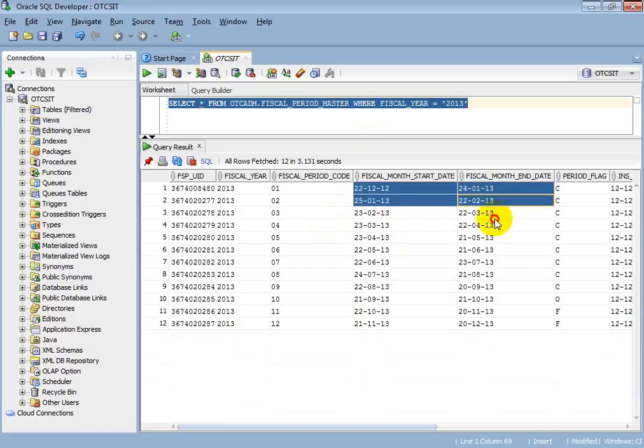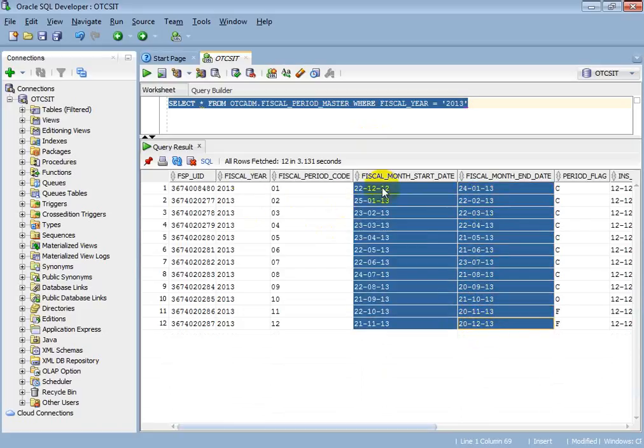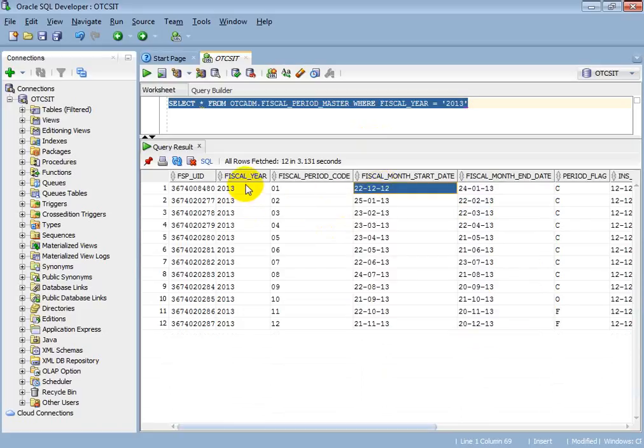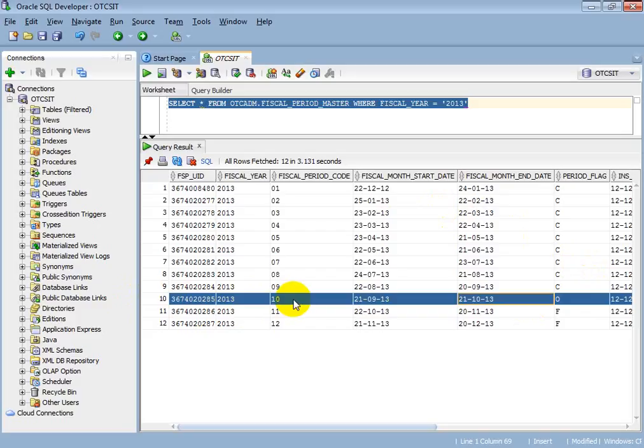These are 12 months. If you see, the fiscal year is 2013 and fiscal period code 01 is the fiscal month. Fiscal month 01 starts from 22nd of December 2012 to 24th January 13. Currently we are in fiscal month 10 and this duration is 21st September to 21st October.